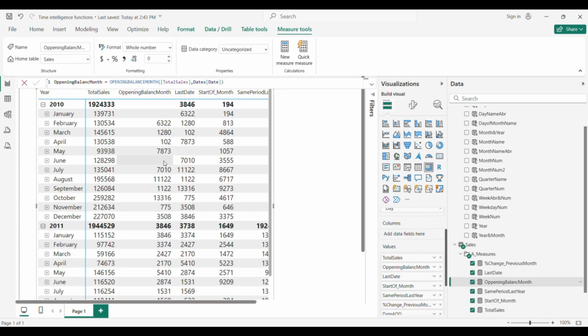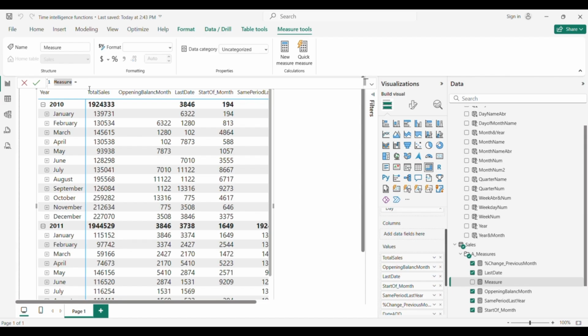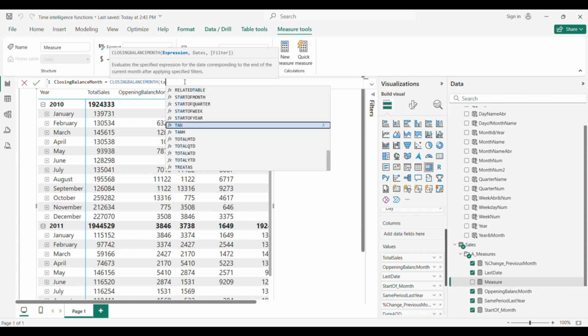We also have a closing balance month. This is actually similar to last date. Let's just make a new measure, and we had opening, now we have closing. Closing balance amount. We have it here. We have total sales.